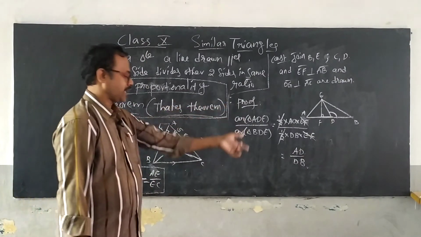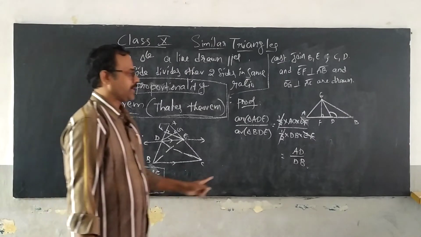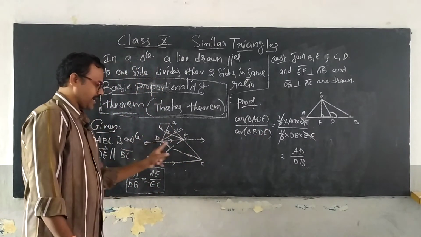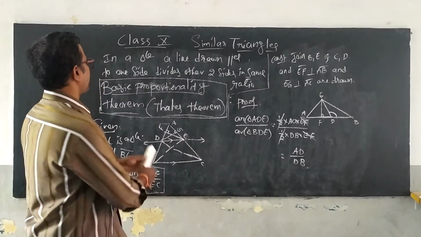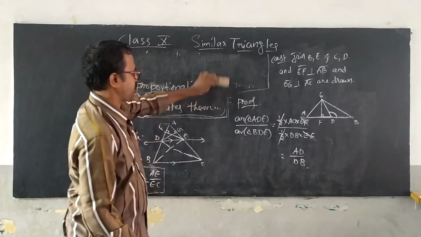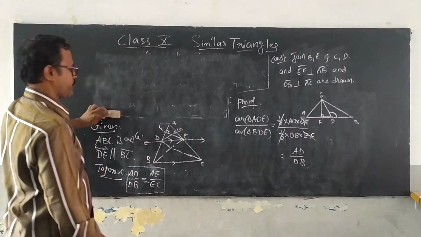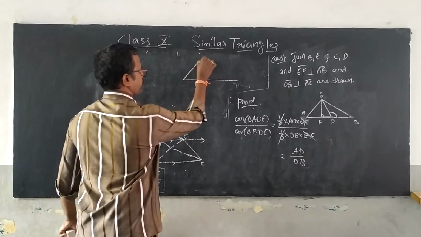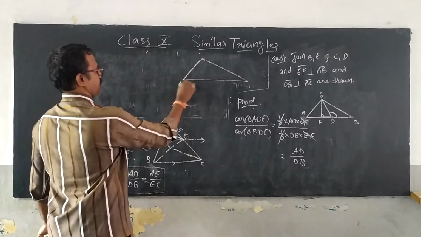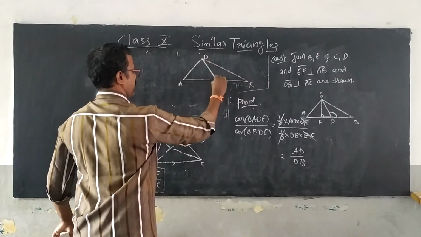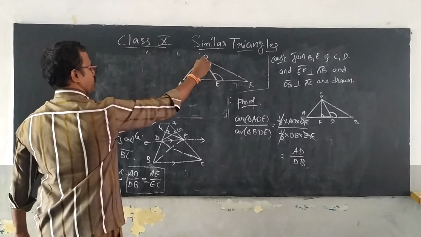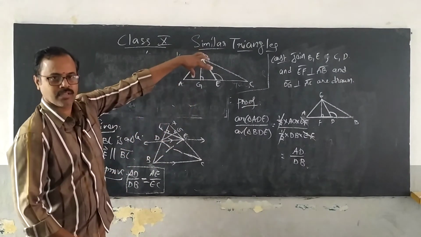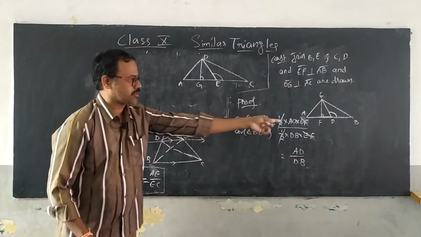Now coming to the second ratio, that is AE and EC, and it is on the side AC. So now I am going to take the second triangle ADC. Let's draw the figure here. This is ADC and DE is a part of it. You can see that DG is the perpendicular. This part has been taken out and shown there.